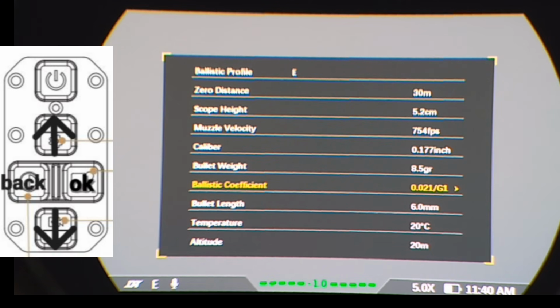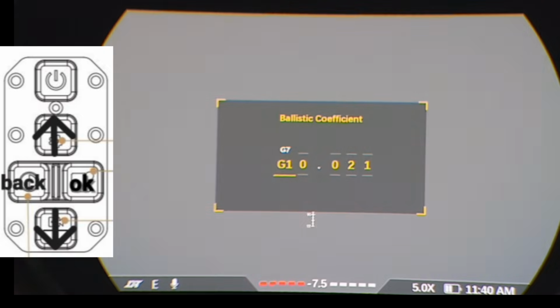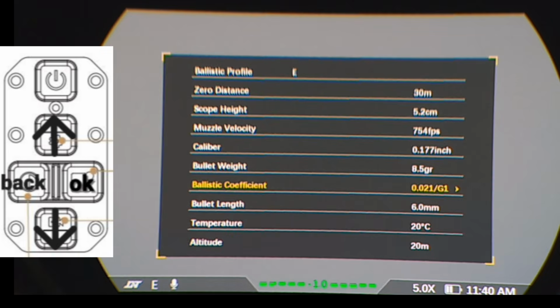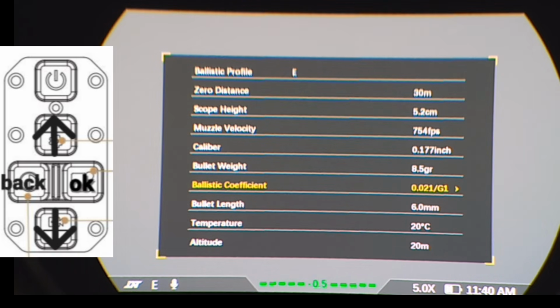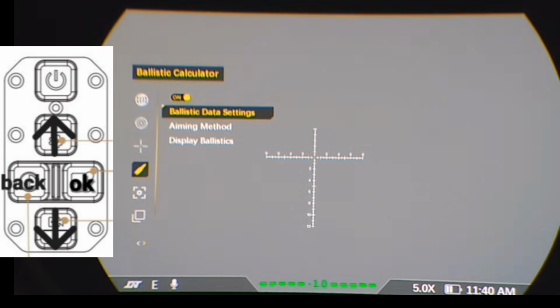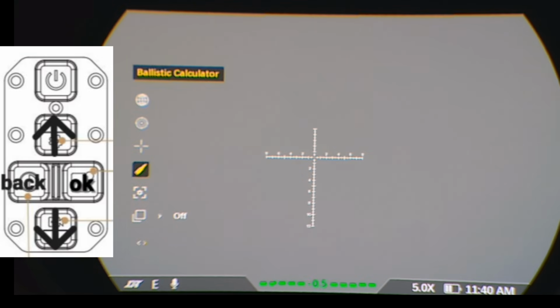So just take it there, OK, OK to move across, make your adjustments, press and hold OK, you're back out, back button out, back button out, back button out,